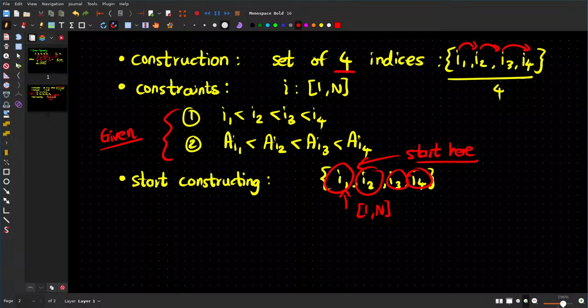But you notice that if you forget what you have chosen as I1, let's say I1 was chosen as 5, and let's say you choose I2 as 3, which is invalid because you need to maintain I2 is greater than I1, right? So this gives us one more thing that we need to consider, which is